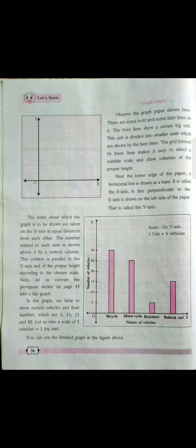What are the x-axis and y-axis? The vertical line drawn on the left side of the bar graph or on the graph paper is called the y-axis, and the horizontal line drawn on the bottom side of the graph is called the x-axis. Data can be represented vertically as well as horizontally. The graphs in your textbook are vertical graphs. In a few cases, horizontal graphs can also be drawn.